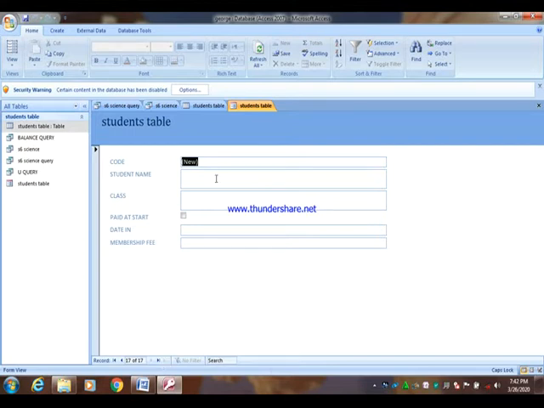and then I enter the student's name, that is Morris, class, senior 6C, then the date paid in. Think about the date. Then membership fee. That is it. I'm entering something in the what? In a form. Meaning that I can even save. So this is a form.